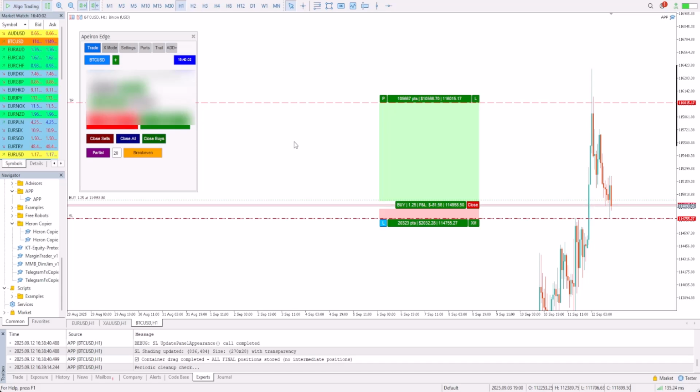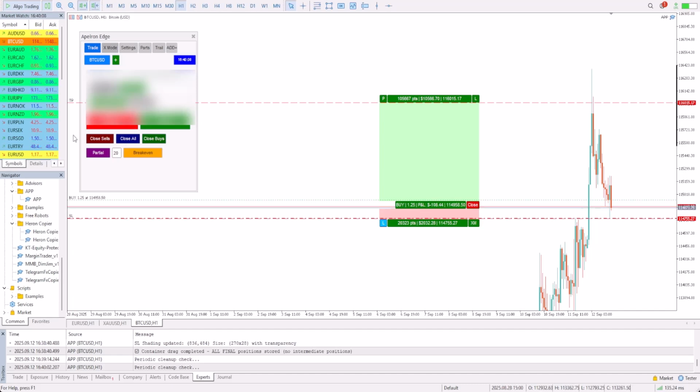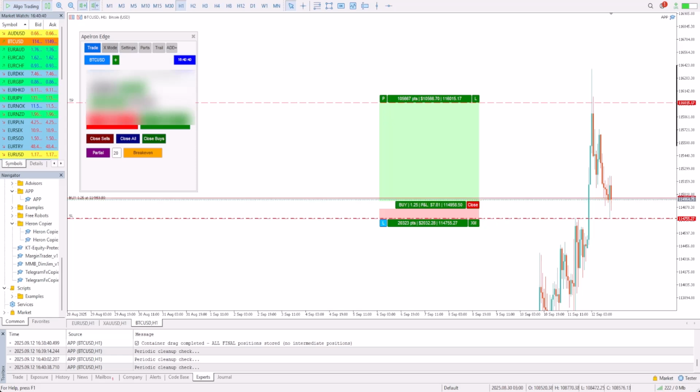Again, I can close here individually, and I can close only the buys, all, or only the sells, whatever. And yeah, percentage of balance. What else? By the way, it's not ready by far, but I have created the main tab that I need, which is the most important tab, and I have created the X mode. I need to push an update there, but just the X mode alone is worth,